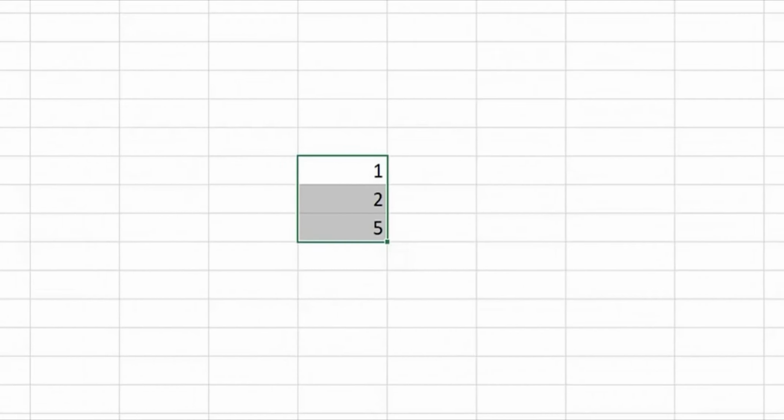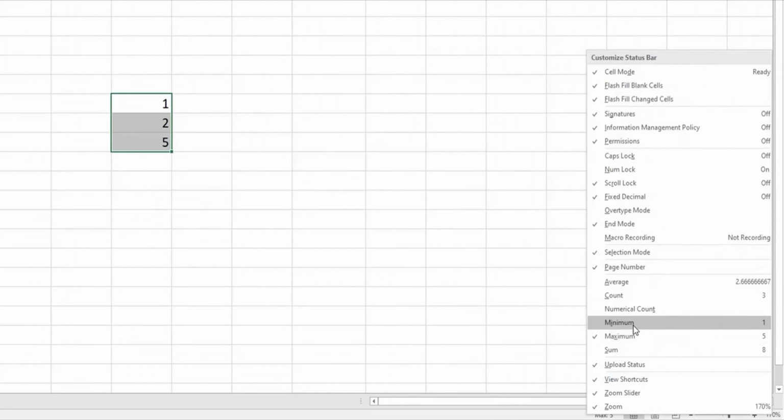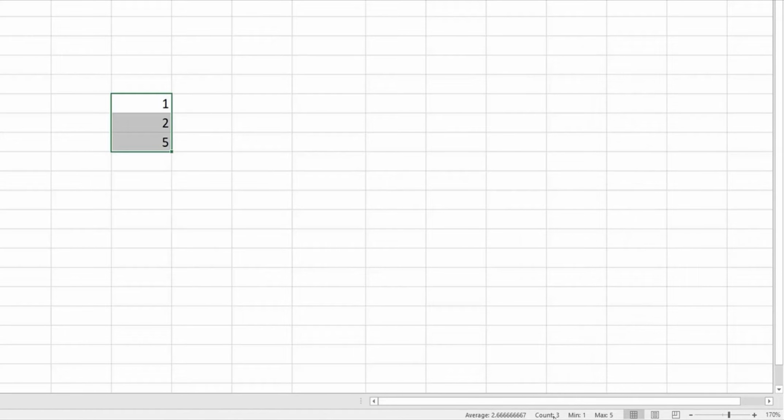For this number, we didn't see anything here, right? So what you're going to do is just right click here and select maximum, minimum, count, average, and so on. So you will get the quick result for the listed numbers. The max is 5, min is 1, count is 3, which means how many numbers there are, and the